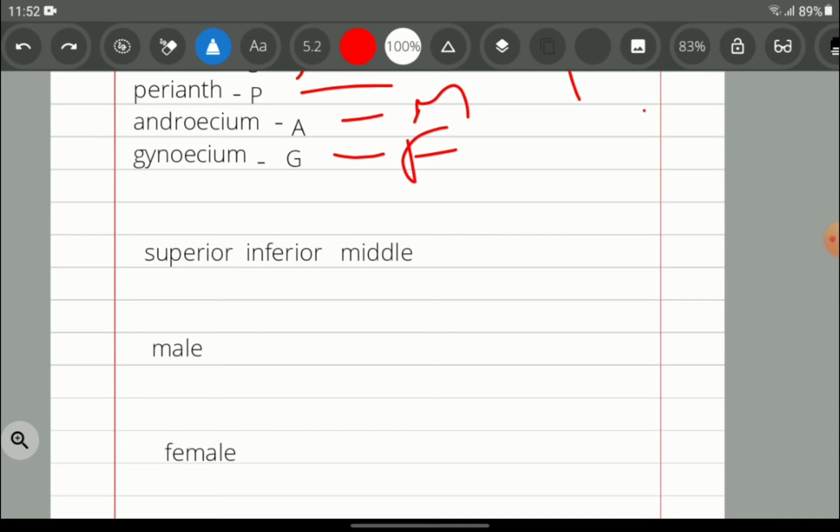So hypogynous flower. Okay, so gynoecium is represented by G. The symbol is G. So if the flower is in hypogynous situation or hypogynous type of thalamus is there, then we have to write G and then underline the G. See, by writing G, we are saying the gynoecium, and by writing that line below the G, that line is represented as thalamus.